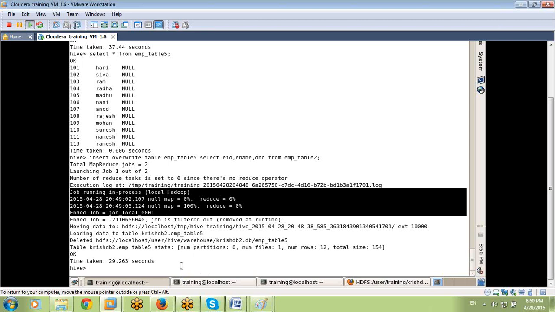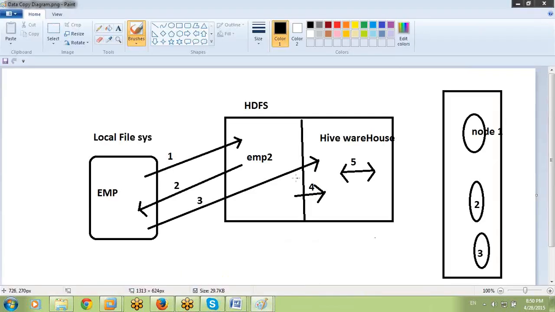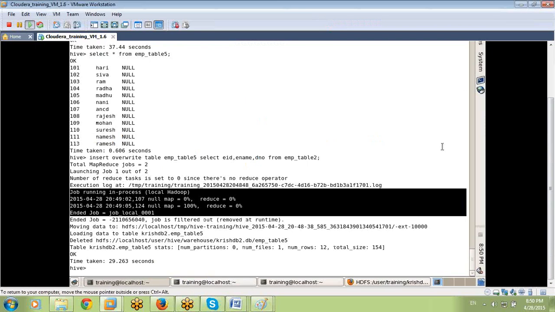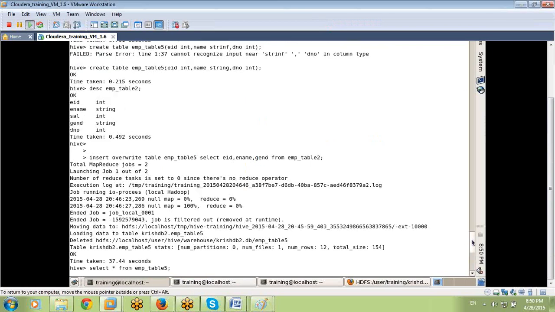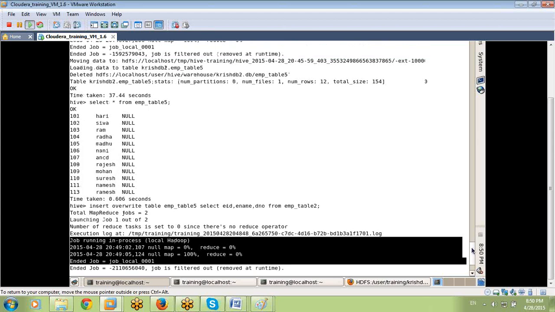But before that, at the time of the first four arrows, we are just loading the data easily. There is no MapReduce work. You can observe it in previous queries also, as it is data loading into HDFS. Now we are doing the queries within HDFS only, not outside. We are not writing from some other place to HDFS. We are manipulating data within HDFS, Hive to Hive. Yes, that's why it's following the schema.